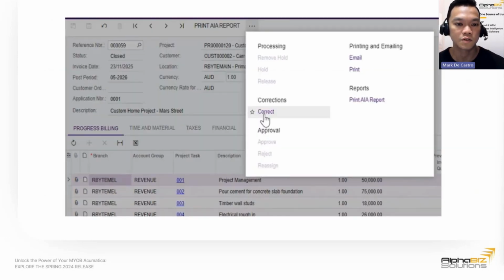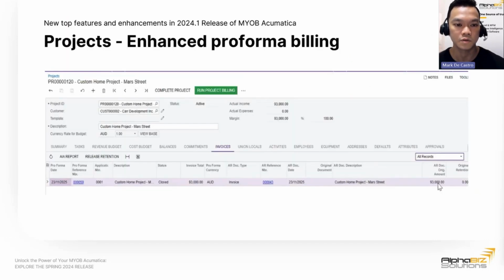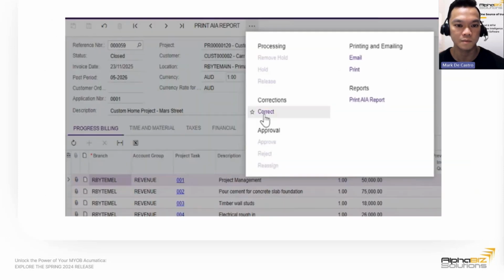Previously, a user would have to create a credit memo to reverse the invoice, and would need to manually apply it to the original invoice, which was very inefficient and clunky. So if you go into the next slide, Janella. Yep. So with this new version, the process has been streamlined, and the automation now takes care of the creation of the new AR invoice and AR credit memo.